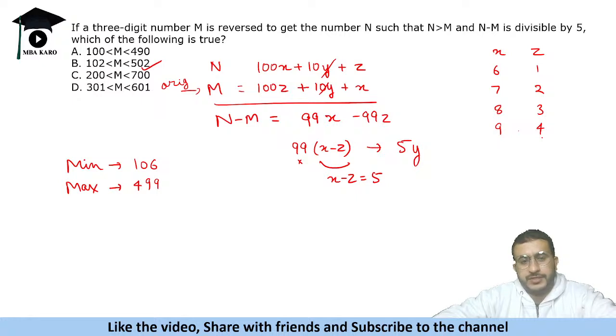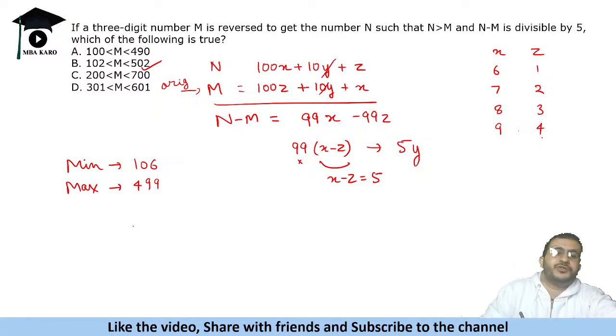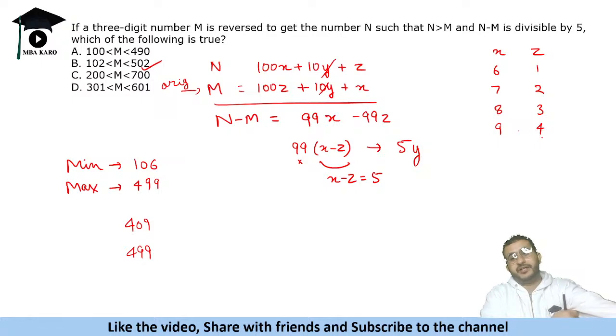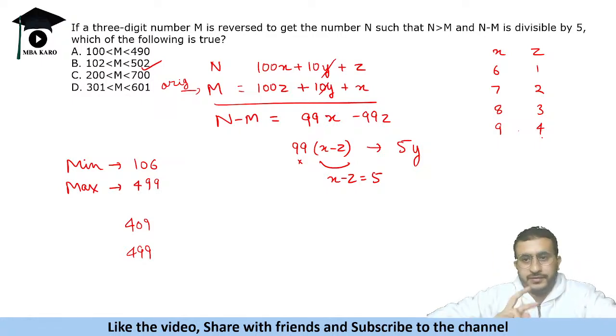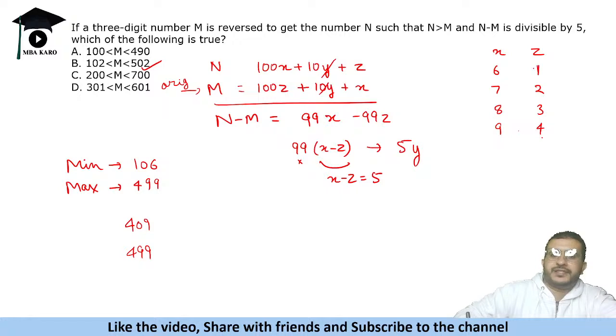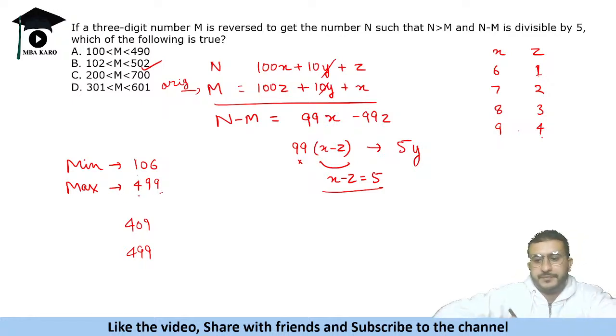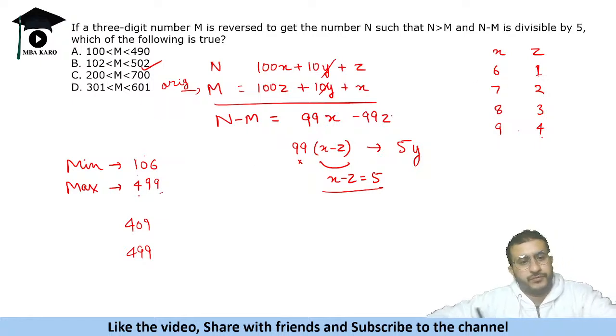A नहीं होगा, B होगा आंसर। C, 490 इज, ये ट्रिकी क्वेश्चन था, आपने पहला ऑप्शन देखा, आपने 409 सोच लिया, 499 भी तो उस कैटेगरी में आता है। y can take any value, x and z can take only one of these values, like if x minus z is 5, okay, y can have any values, so minimum value will be 1 for z and maximum value could be 4, and accordingly you can get the value of x, but for the value of y 0 is also possible, 1 is, because ये यहाँ पे cancel out हो जाता है।